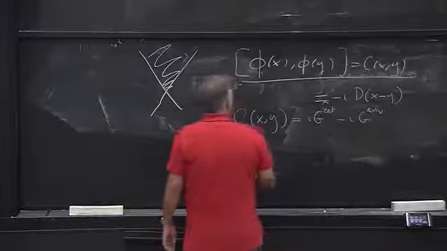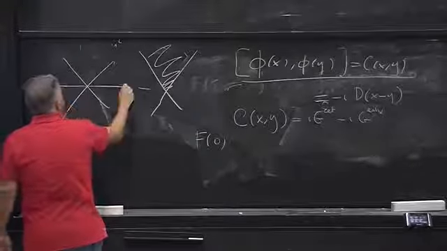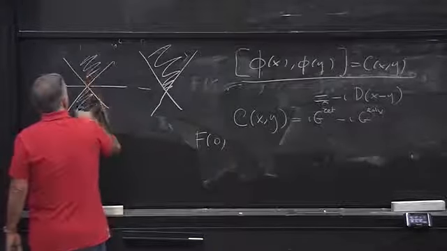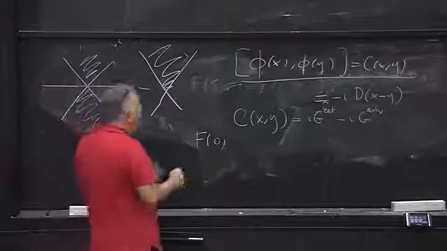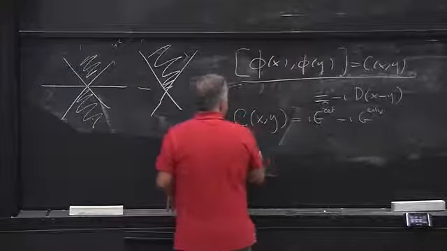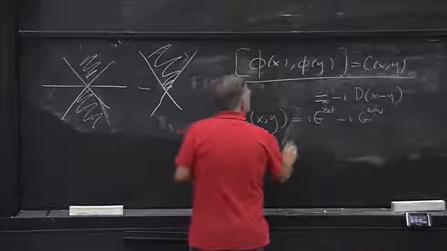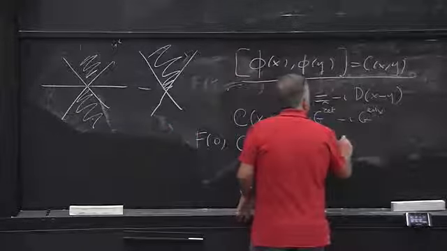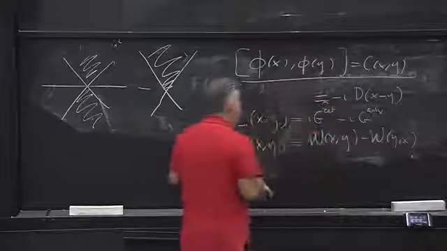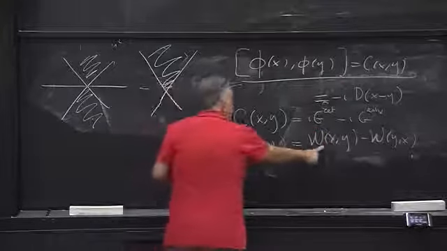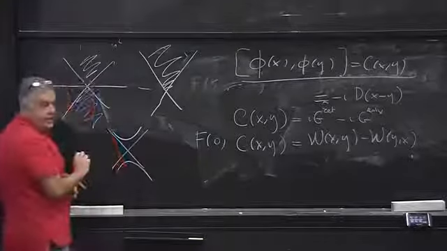Okay. This is an X space splitting. This is in X space. This is the commutator, and I have the retarded and the advanced. But if I look at the commutator in P space, I see that there is another splitting of the commutator into the vacuum expectation values, which are solutions of the true Klein-Gordon equation, not of the inhomogeneous one. You can see in this case, this has the splitting of the P space commutator.